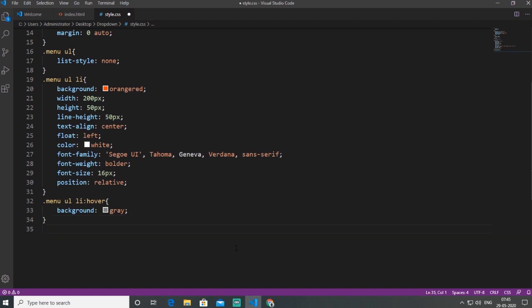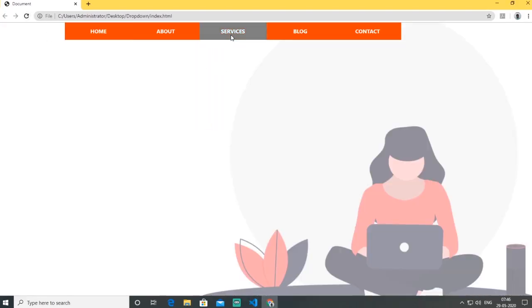After our menu, I style menu UL and then UL. The last UL is my Photoshop, Illustrator one. So I define display none, which means it is hidden. File, save. Look, display none, UL and UL.